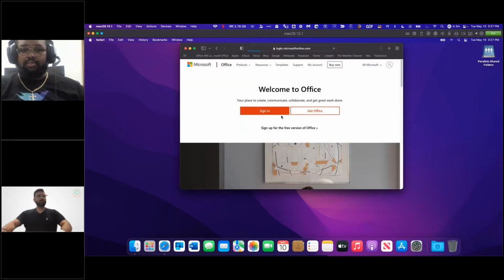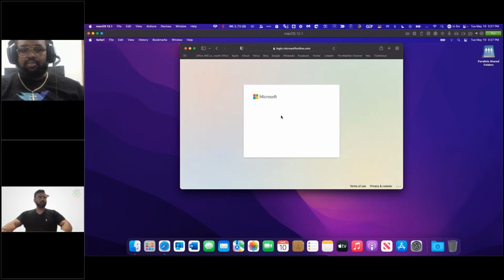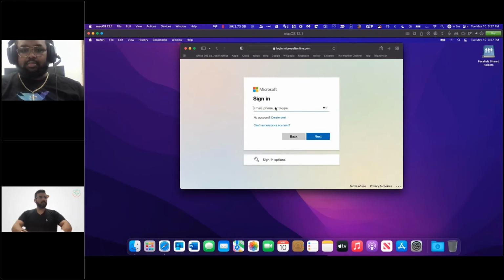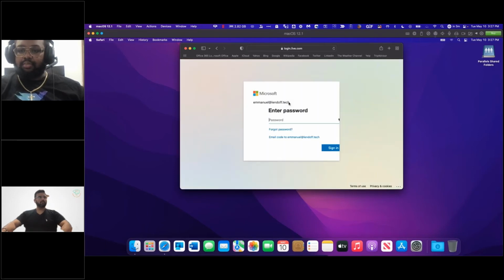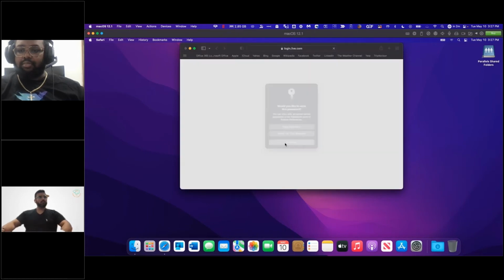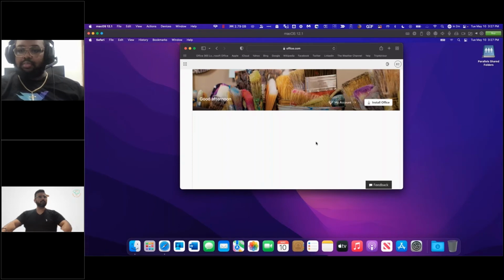Perfect, awesome. So I'm already logged into my Microsoft services. This is great. As you can see, it's gonna go ahead and probably ask for two-factor authentication. All right, type in this one more time. Awesome, now I'm signed into my Microsoft services.